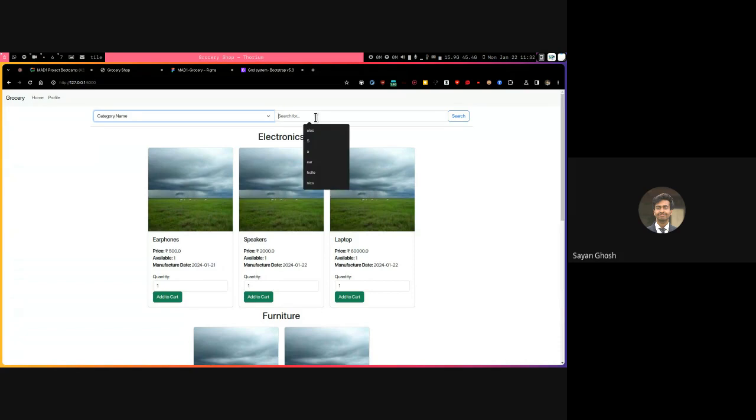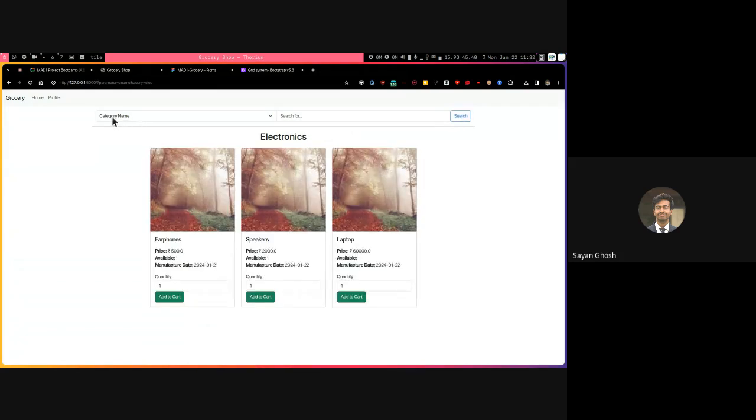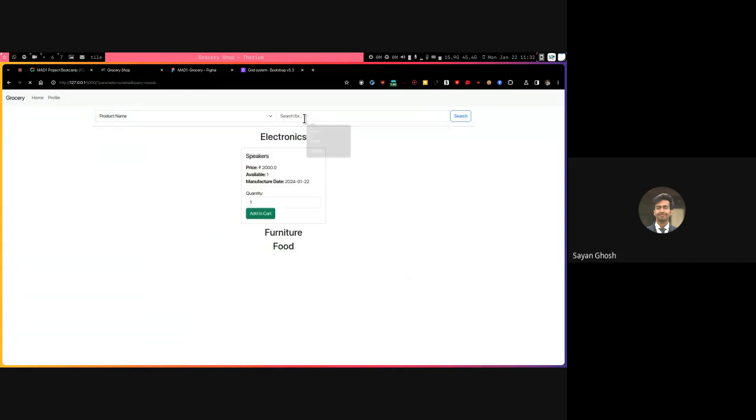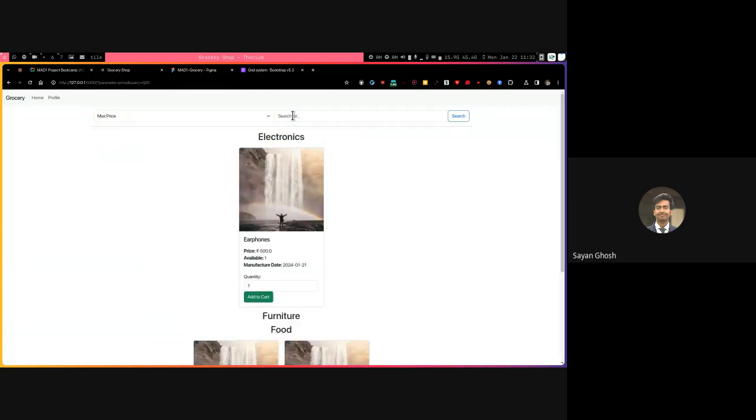And let's say I search for electronics in category, so it is selected as category. And then if I go to product name and search for, let's say, speaker, so this is now still in product name. And if I go to max price and search for 500, it is stuck at 500. So the search term which was there, it is not here till now, but we will do this now. So the left part is done, the right part, the search query, we will now always show even after the